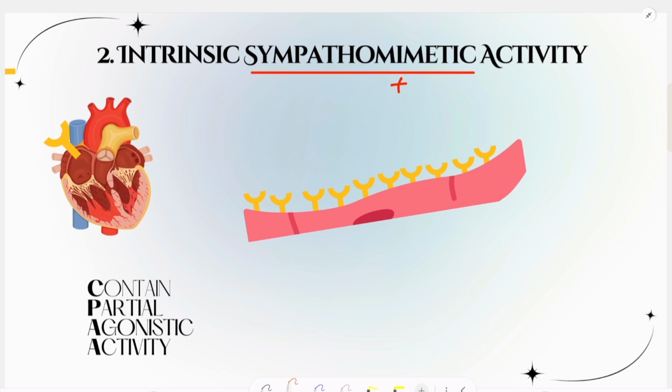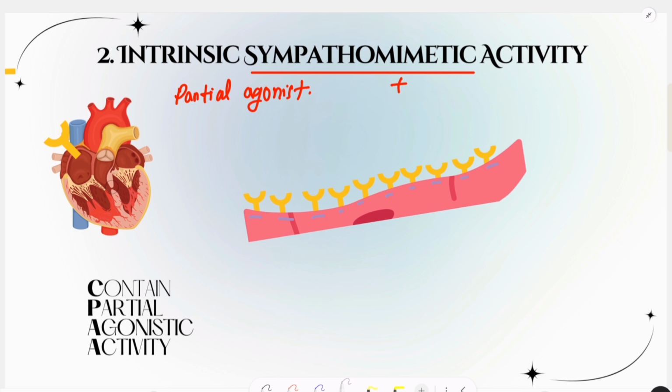Yes, it can only be done in a drug having partial agonistic activity. When a drug is a partial agonist, it does not completely block the receptor and does not completely stimulate the receptor. It remains in the middle of them. Now understand this mathematically. Suppose we have 10 beta receptors on the heart